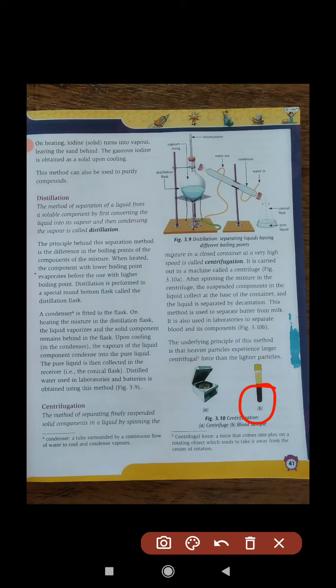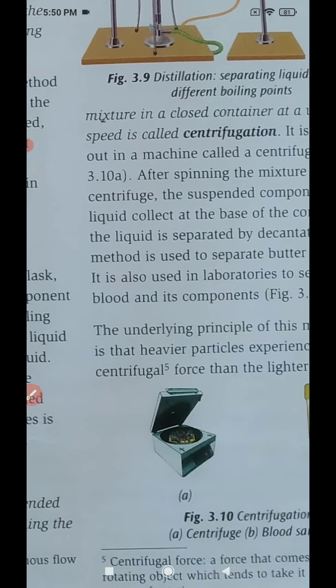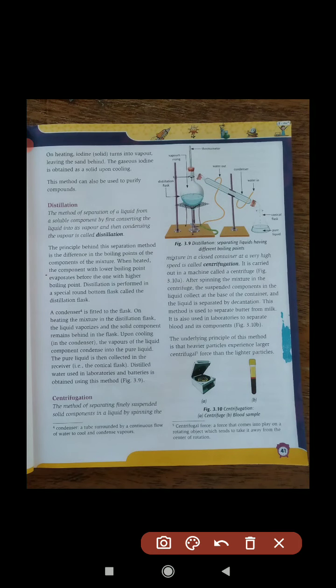Different types of pathology experiments need this process. This is the centrifugation machine. You can see tubes like this are entered into the system, the sample is closed in, and electricity is given. Then they move at very high speed, spinning inside. After spinning, the different components of the mixture are separated. That is called centrifugation.